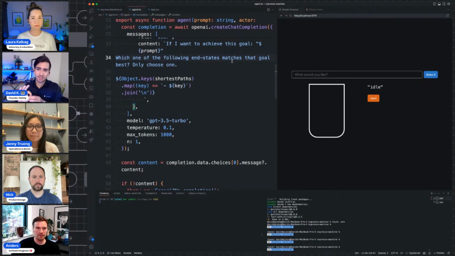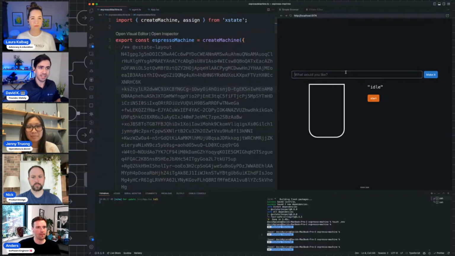It's not responsible for figuring out which steps to take. That is the beauty of good old-fashioned AI, which is state machines. You have a directed graph. You could find the shortest path. You could do your simple path planning algorithms to get from the state you are in to the state that you want to be. And so the result of that is, if I ask for a cappuccino and make it,